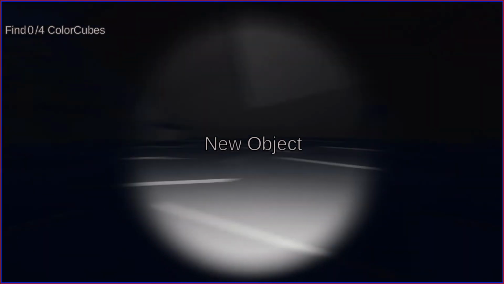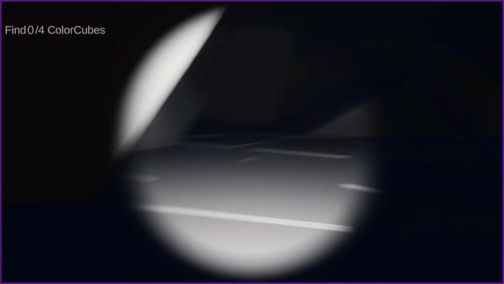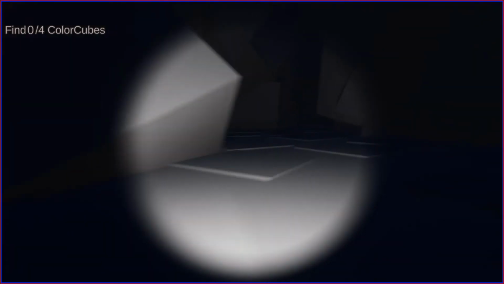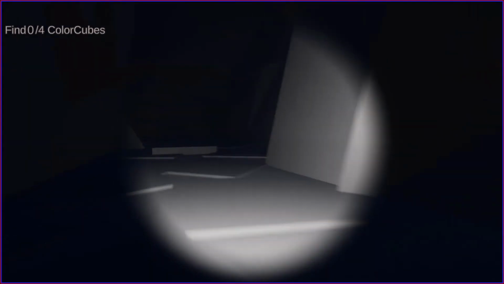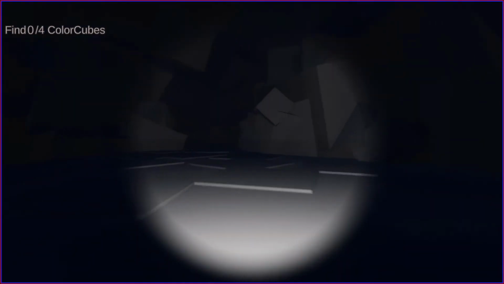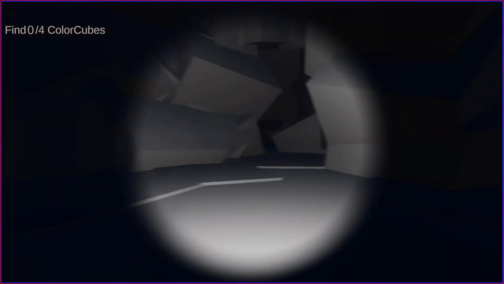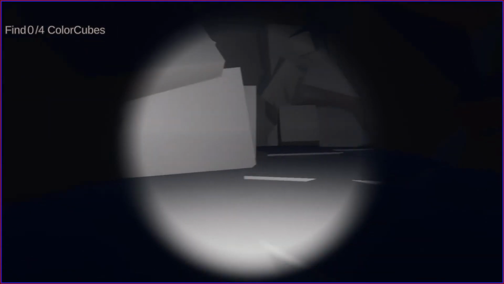New objective, find the 4 colored cubes. And be on the lookout for the evil cubes, I guess. That one looks like an evil cube.